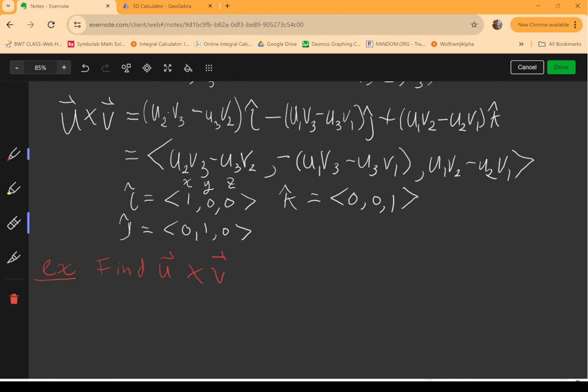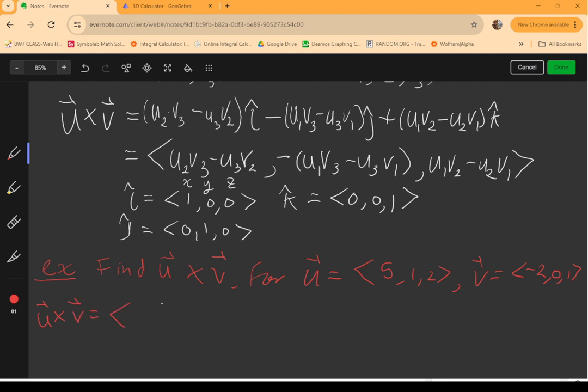Find u cross v for u equal to 5, 1, 2, and then v equal to -2, 0, 1. Okay, so I look at my formula up there, u cross v,